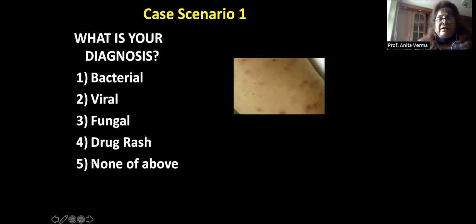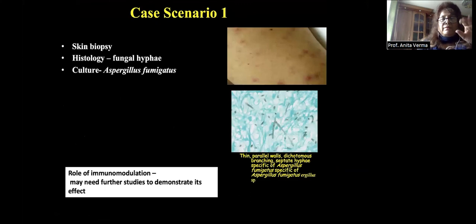Cultures everything stayed negative. So what would your diagnosis be at that point? We would think that it could be bacterial, it could be viral, it could be a drug rash. That's what most commonly comes to mind, or it could be none of the above. The first thing you should do is the skin biopsy and send it to histology